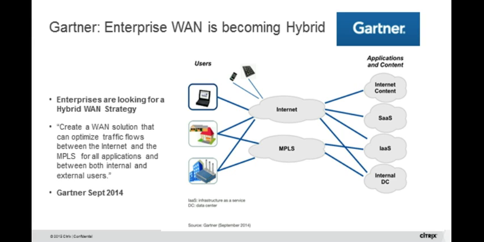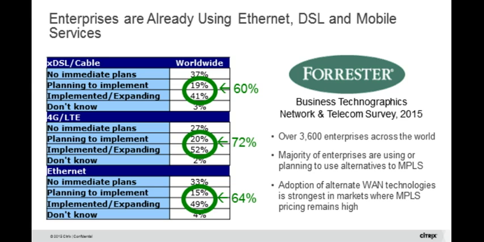So many of you might be sitting there saying, well, I just don't know, this sounds too good to be true. But in fact, Gartner indicates that this is what enterprises are starting to do, or recommends that enterprises start looking at this. So to be sure, this isn't something that Greg and I have cooked up and are promoting, but many analysts in the enterprise IT community are also saying it's time to software-define your WAN and build a WAN based upon a combination of different services, be that Internet and MPLS or even mobile 4G, to connect those users to the applications and content in the most efficient way possible.